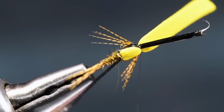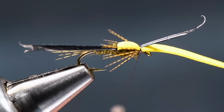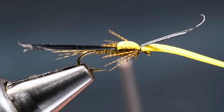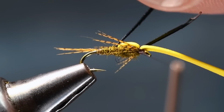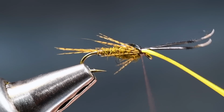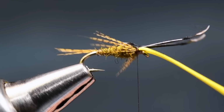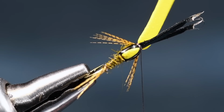A couple turns. So I've angled that forward along the far side. That's actually my near side, your far side. You guys are on the other side of this fly. Now I'm going to turn this back toward me, and I'm going to grab the other one and do the same thing with it. Like so. So you can see that leaves our little yellow hot spot in the center,